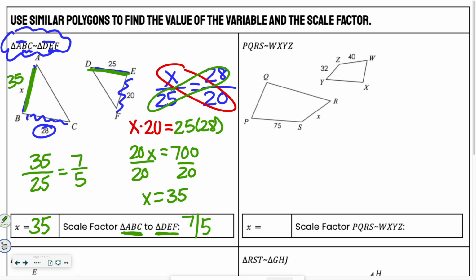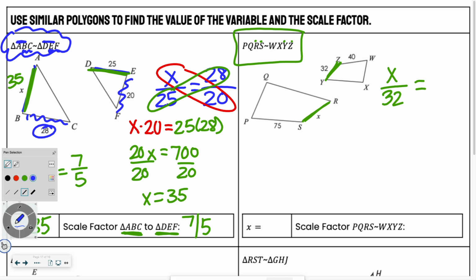Let's try another one. So here's our code, and we're trying to find the value of x. So I'm going to start there. So x, which is SR. SR matches ZY. ZY is 32. Is equal to,